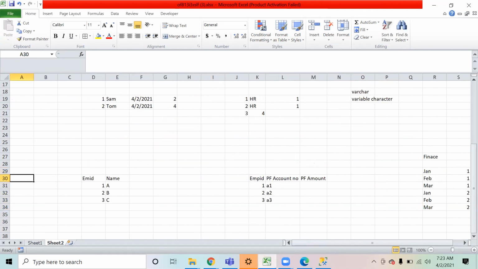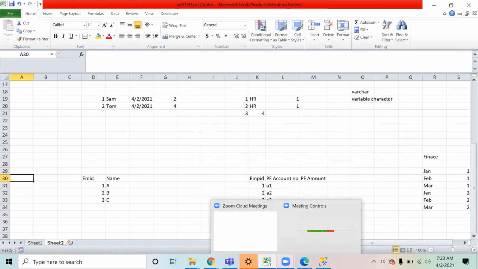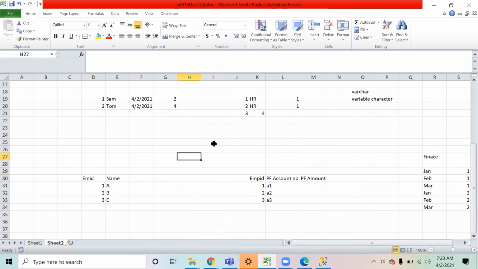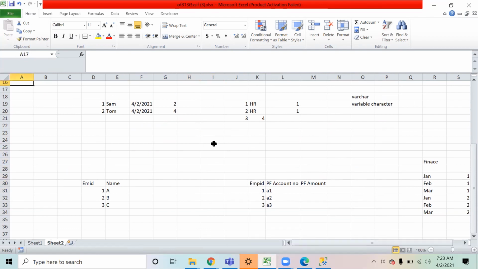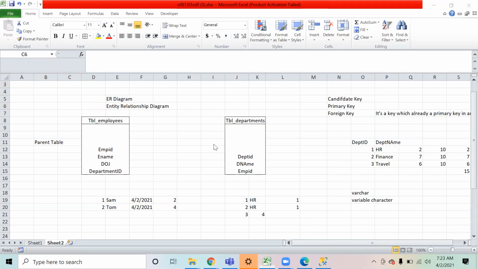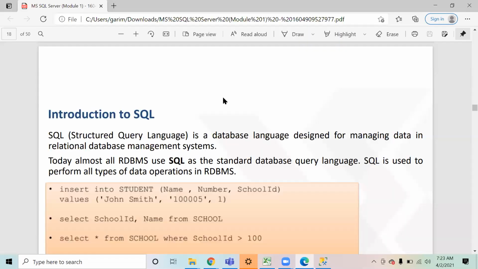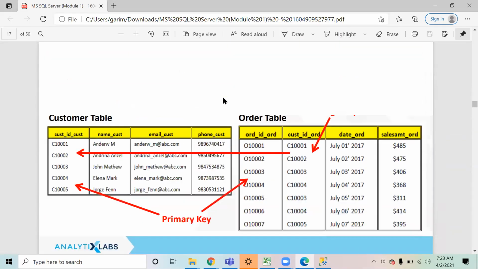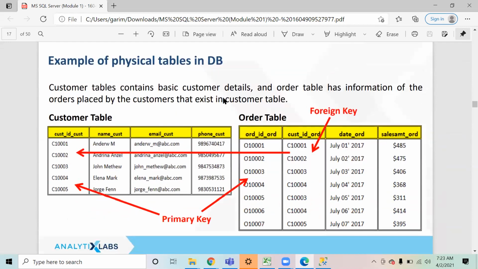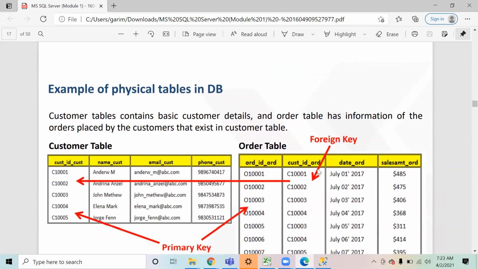Okay, so let me, and say if there is a confusion, I'll just come to it, because otherwise it's a little complicated. I'll just come to that also. Now, this is basically how a diagram is created, right? So this is how you create the diagram of that. These are the tables and this is what you will be doing and creating.